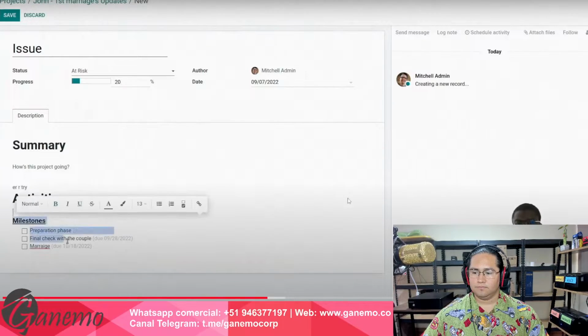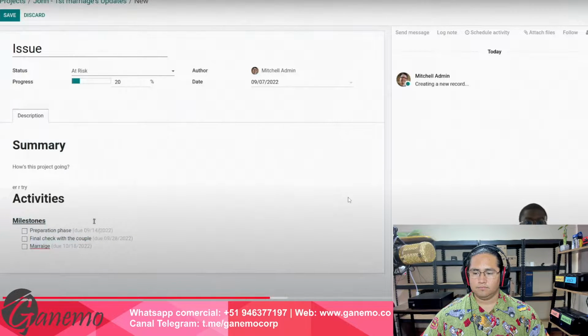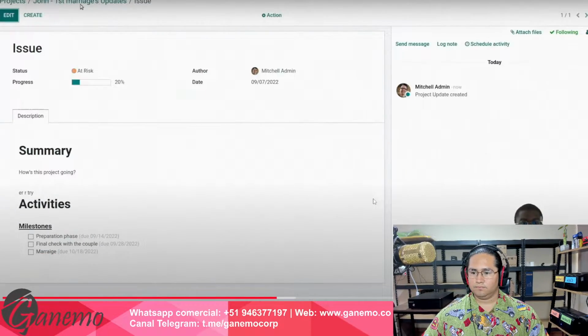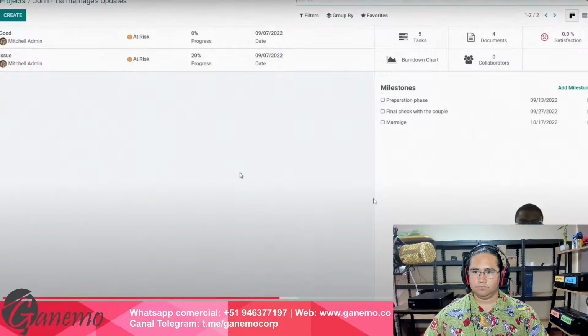As you can see, Odoo here will automatically add different information, such as my milestones. But if there are hours that you want to invoice, it will also be shown here. If we had the accounting, for example, you could have seen your margin, how much cost you have up until now, and with the budgeting as well. Perfect. Now that I've done that, of course, that will update the project itself. And so if I go to the project view in general, you will see that it's still at risk.